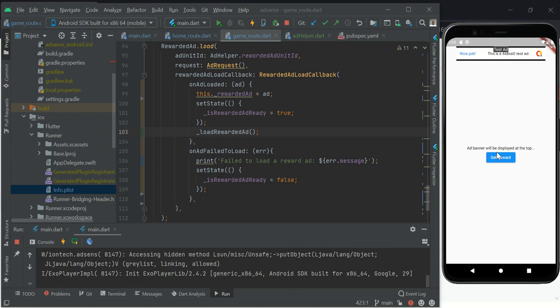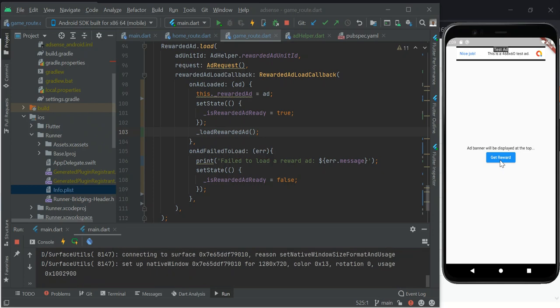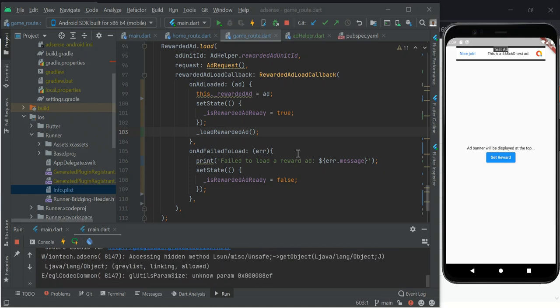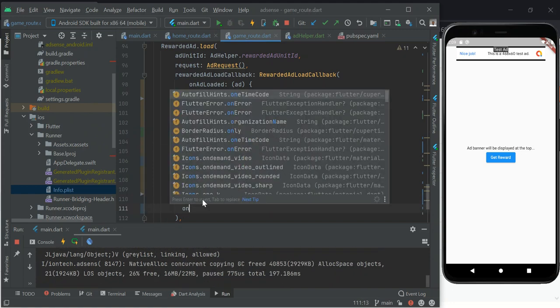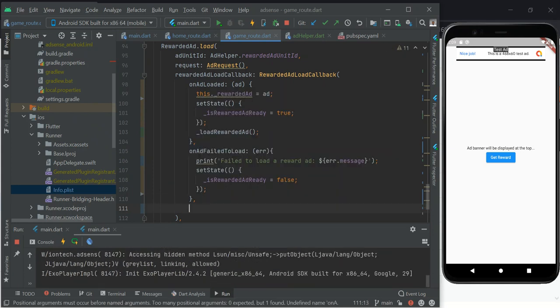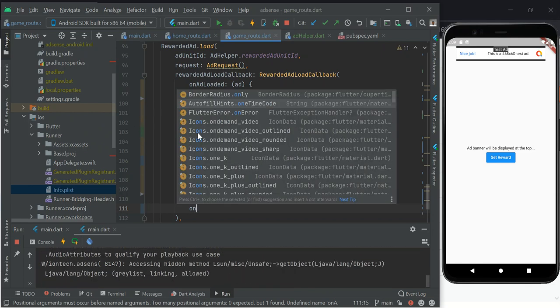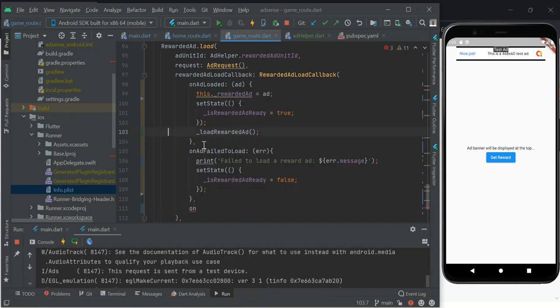So the next thing we want to do is to do what? To get the value for this reward here. The value for this reward, which is here, we want to get that value. So how do we get that value? We want to display that value to the user. So what do we do? We say onAd, so which one am I calling? loadRewardAd. Then after this,